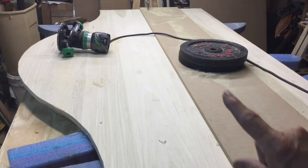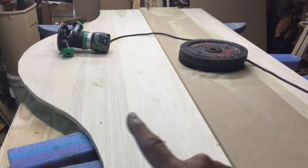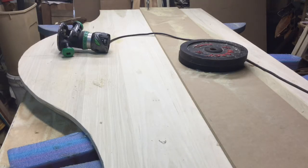I added these weights right here because I was getting a little bit of a gap right along the seam there, and another mistake I could have made was having the base plate of that router go up under there. I think I had plenty of room. The base plate is about a half an inch thick, so I don't think it would have, but then that would have made another repair. So on to finishing it out. It was also getting too far to reach on that other side. This is a far reach too, but I think